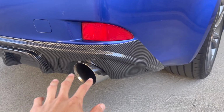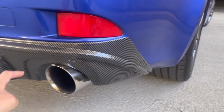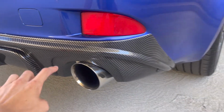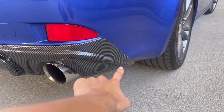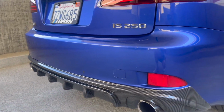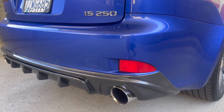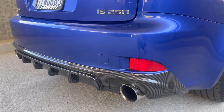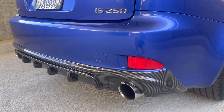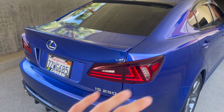this part, it looks like it's touching, but it's not. It's holding. I put a screw right here, another one right there, and I just put 3M tape all along the backing, and it's been holding up pretty well. I know there's not a lot of reviews on this diffuser, so I thought I'd hop on and put this on for you guys. Of course, I still got the same duck bill, the VLANDS,